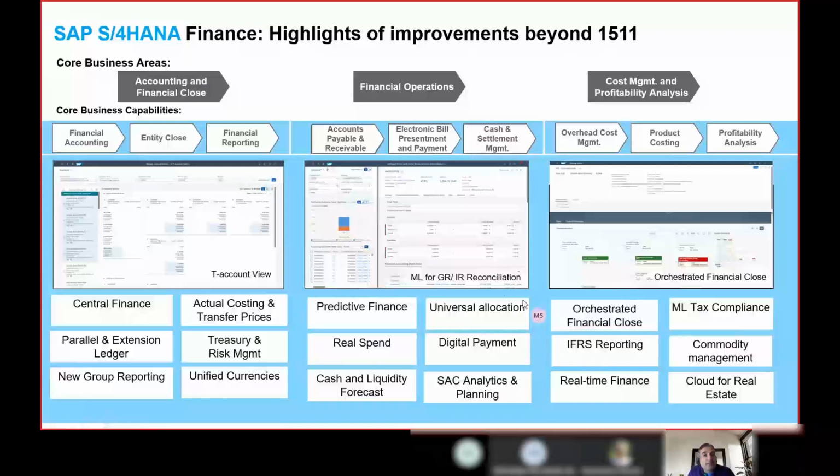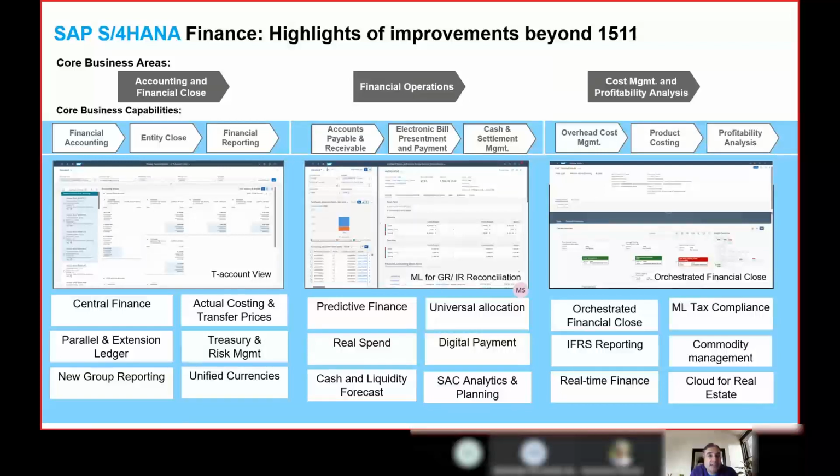Similarly, you can see there is ML for GR/IR reconciliation as well. In the subsequent webinar sessions, you will get some more detail about it. But in short, in a scenario where you have multiple entries or multiple GR transactions happening in a day, it becomes difficult for an accountant to match these GR/IR balances. And if there are differences, it further becomes difficult to handle them. So now machine learning helps in identifying as well as proposing how to deal with these GR/IR balances and helps you have an efficient reconciliation mechanism.